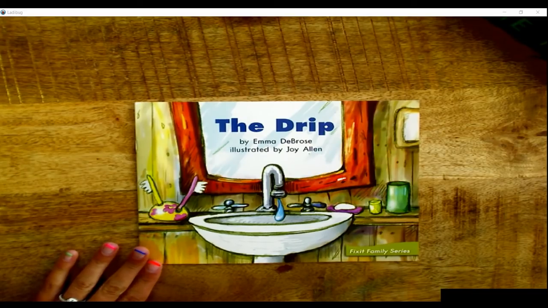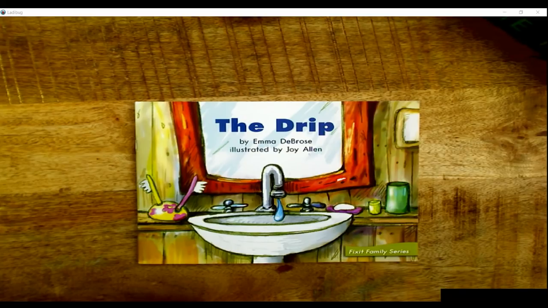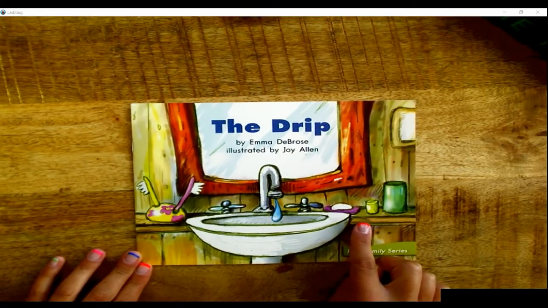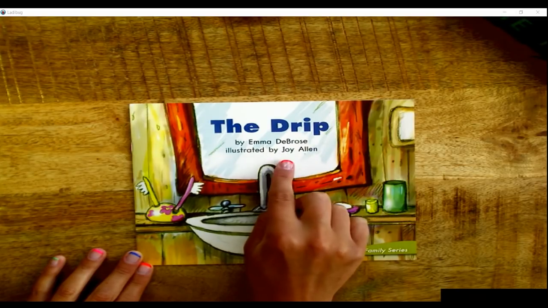Now, I am going to make a prediction about the genre of the story before I start reading. I see on the front cover that there are illustrations, which are pictures drawn by an illustrator. It does not look real. So, what genre has a made up story written by an author that is not real? You're right, literature. As we read this literature story that is written by Emma DeBross and illustrated by Joy Allen,